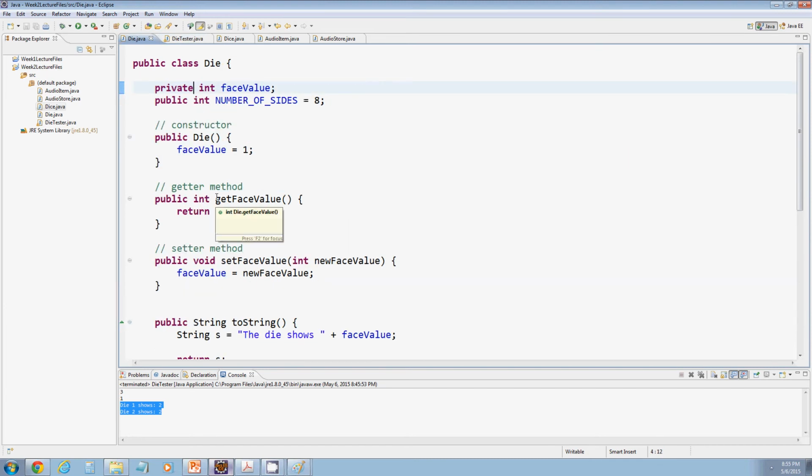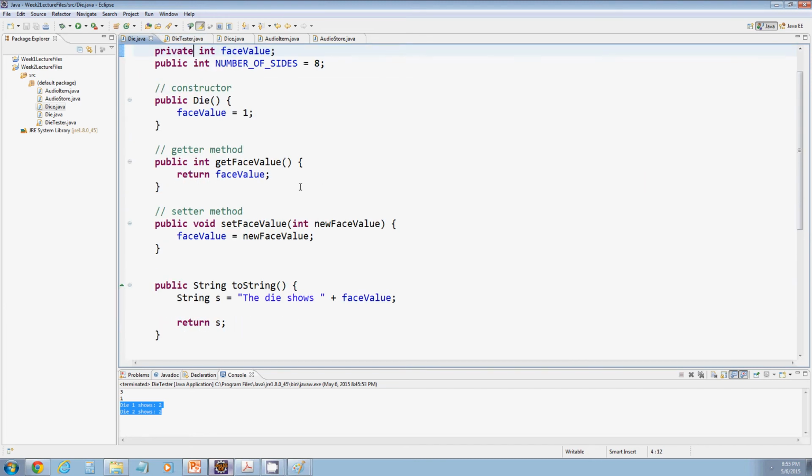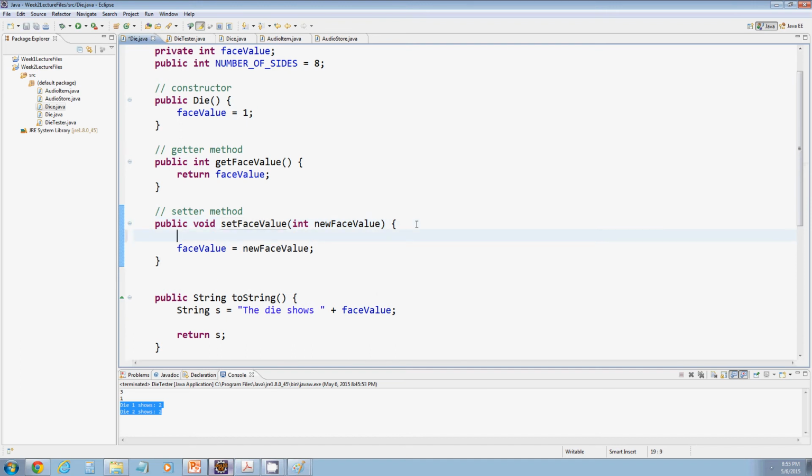But what we are going to do from here on out, moving forward, is we're going to put validity checks inside of our setter methods. Now, not every setter method will need a validity check, but many will, particularly ones that take in numeric parameters that are associated with numeric variables. So here, for example, what we want to do is make sure that the value you're giving me is a good value. Now, what defines a good value for a die? Well, that new face value has to be greater than or equal to 1, and it has to be less